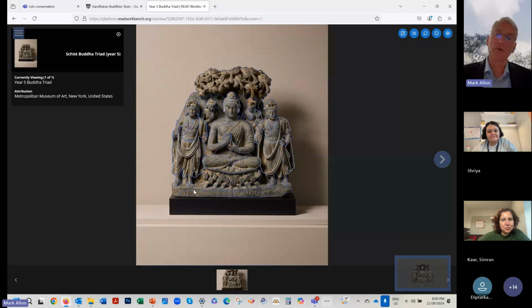For example, this object is in private hands but on loan to the Metropolitan Museum of Art. By doing this, this can be made available to the Pakistanis, Afghanis. Probably this comes from Pakistan. Now it's all the materials in English at the moment, but it could be in Pashto or Urdu.